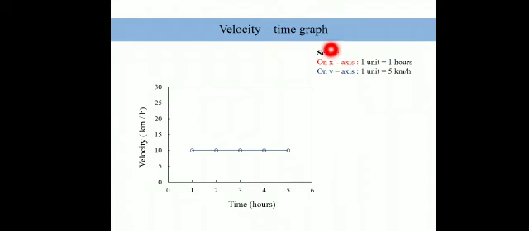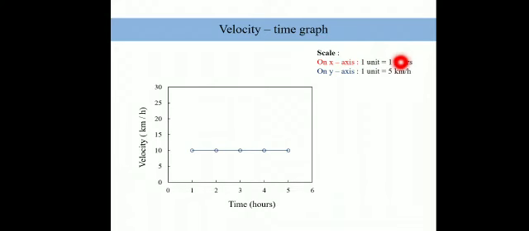Scale means what? Scale means how much is the value of 1 unit of distance, from 0 to the first line, like we see on our ruler. So 0 to 1, and then 1 to 2, that means every line adds 1 value to it. So the first is 1, 1 plus 1 is 2, 2 plus 1 is 3. So 1 unit of distance on the x-axis is measured for time. So 1 unit is equal to how much? 1 hour. On the x-axis, 1 unit of distance is equal to 1 hour. That is what we are putting.